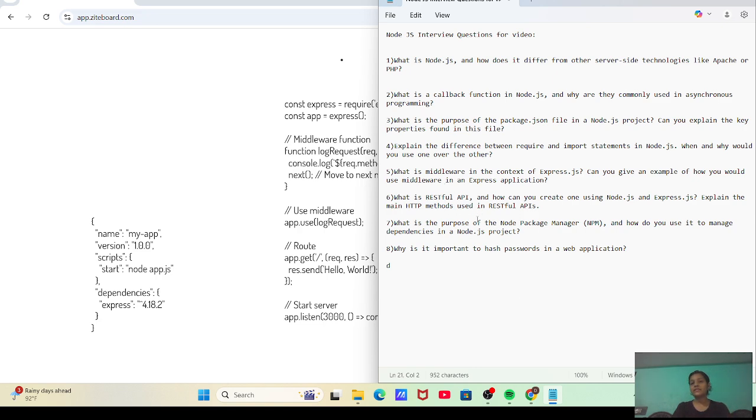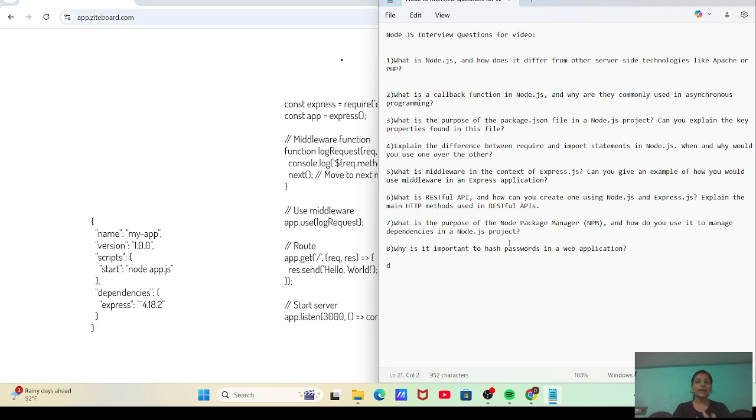That is the RESTful API. Next, what is the purpose of Node Package Manager, NPM? How do you use it to manage dependencies in a Node.js project? Node Package Manager is a tool installed to manage packages and libraries in Node.js projects.